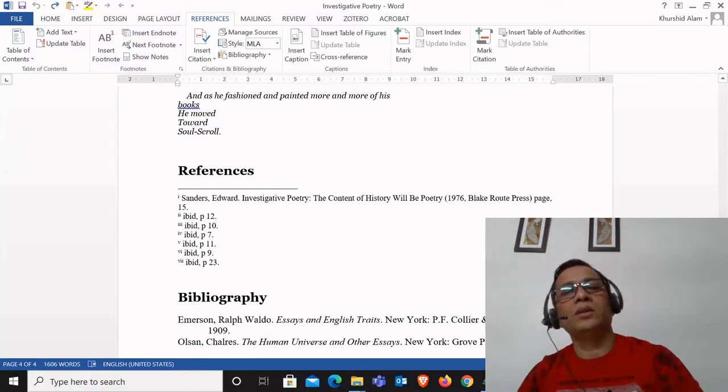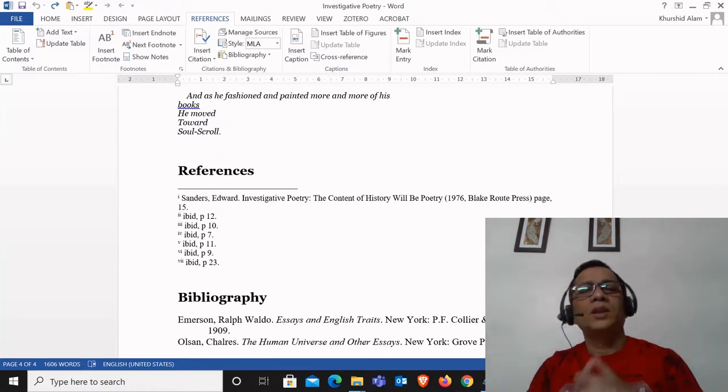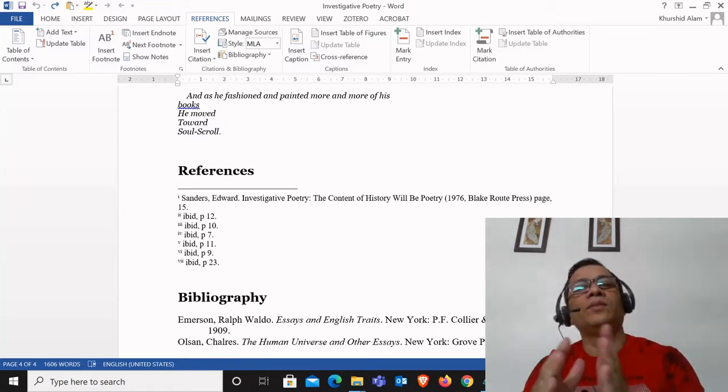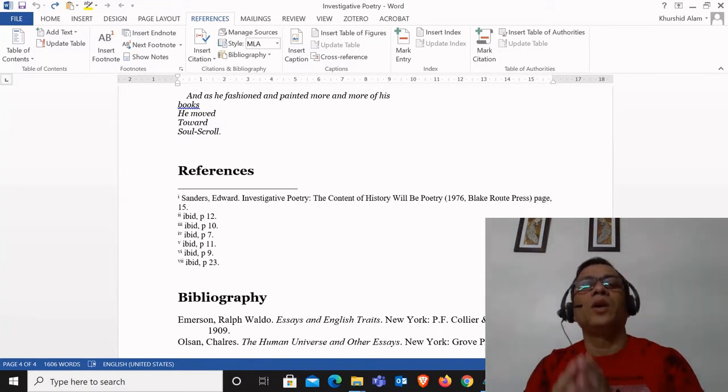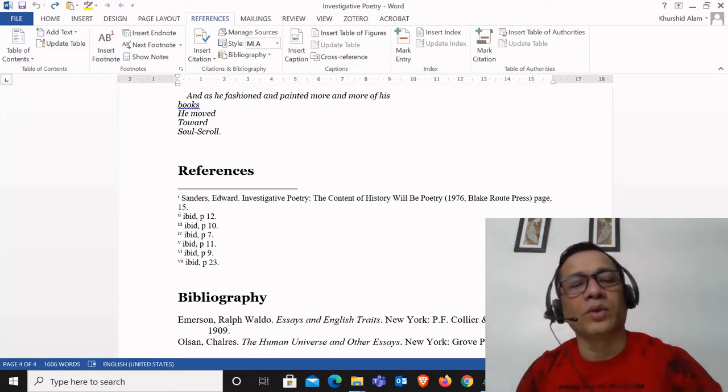If you are using the endnote in a book, then you can place the endnotes at the end of each section, each chapter, or completely at one place at the end of the book.